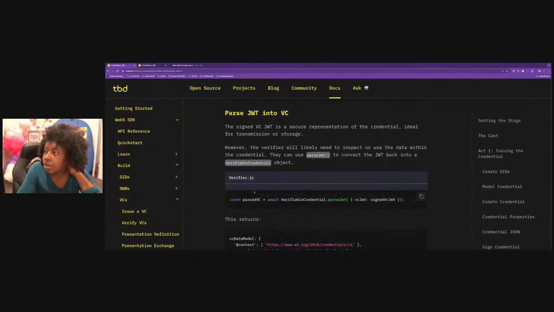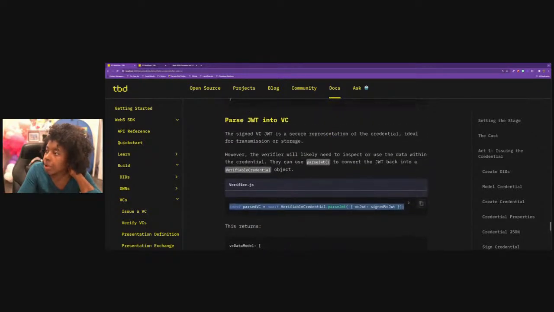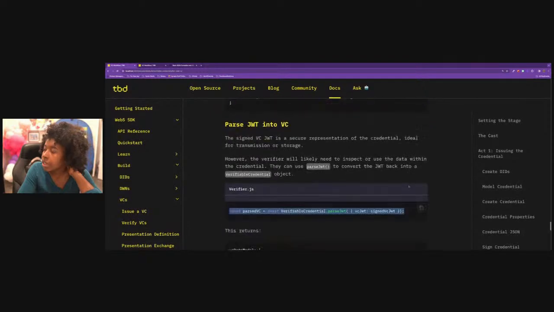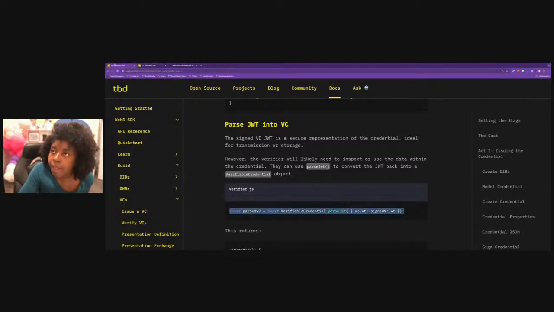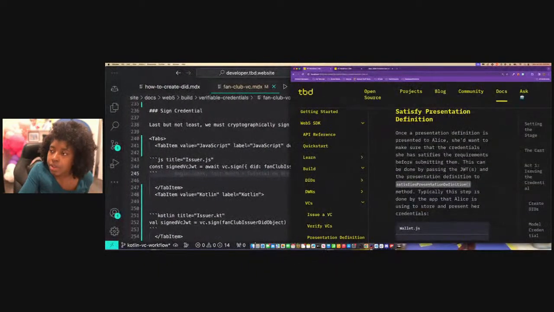I feel like I could even do this one. This one's not too hard to add in, the parse JWT to VC. I'm gonna do that right now. Let's go back to IntelliJ and make this small too. All right, so basically